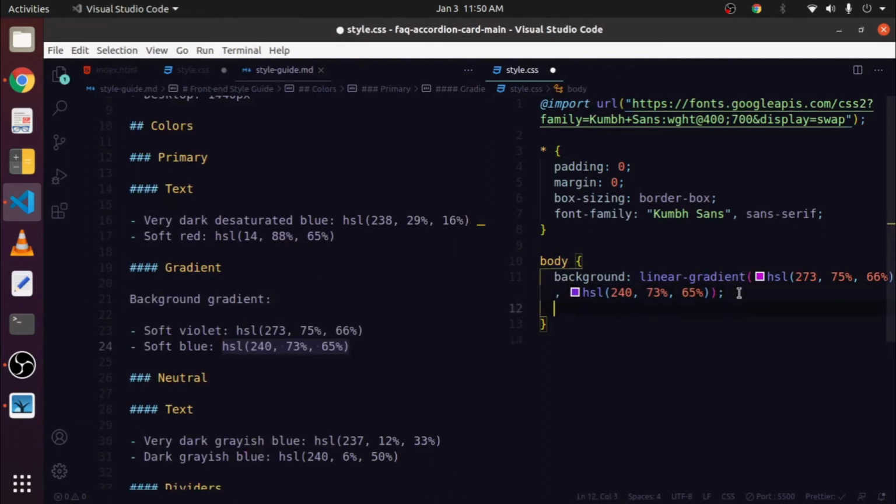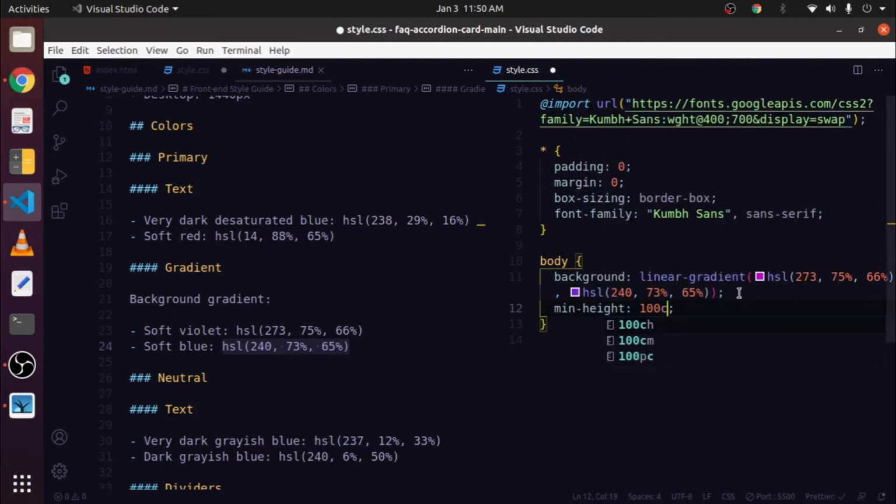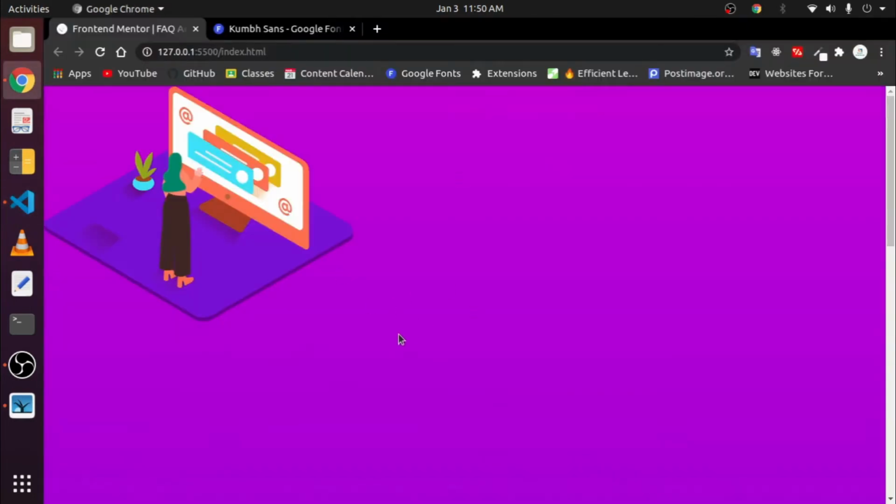Now give it a min-height of 100vh. Now open your browser. As you can see, we have successfully added a linear gradient background.